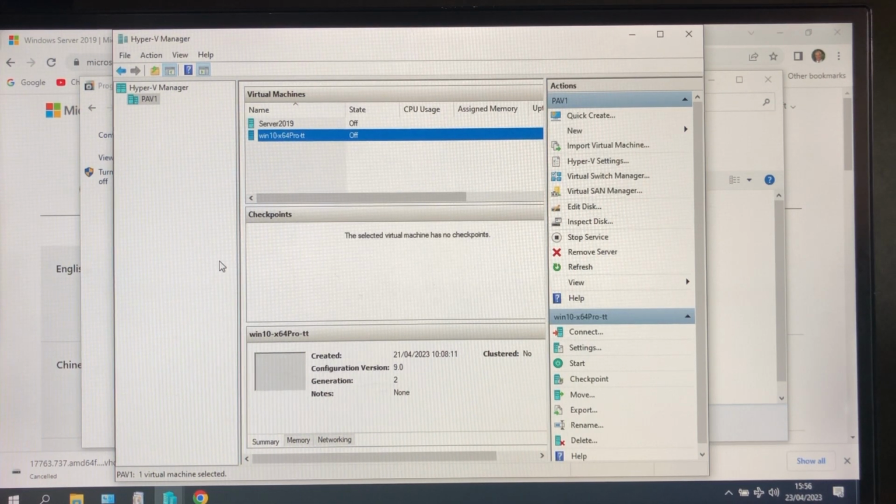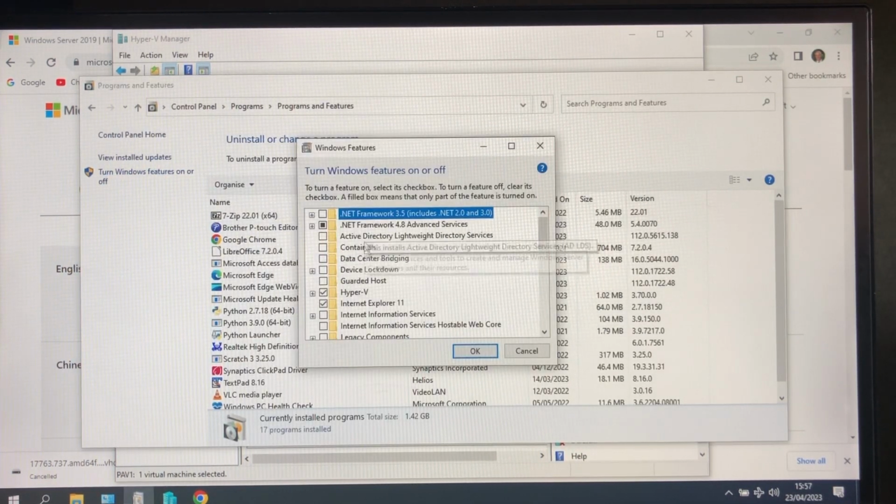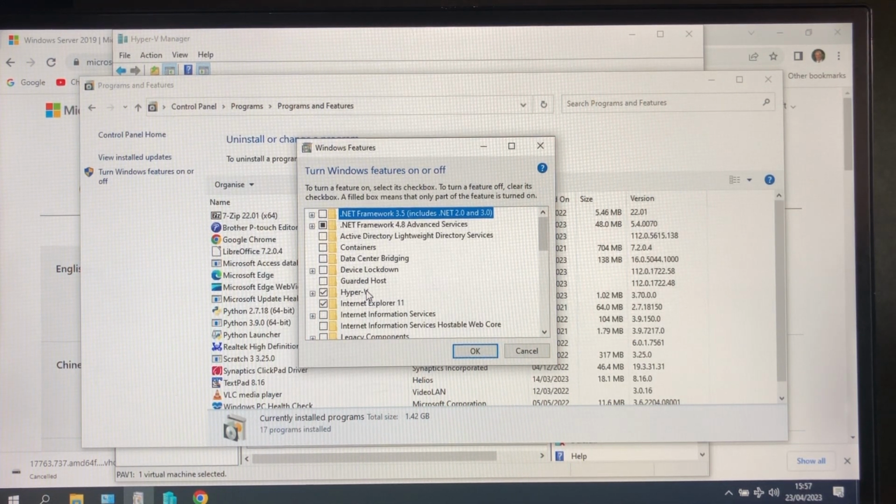So we'll install Hyper-V, and we do that using the control panel. Turn Windows features on and off. Obviously going to turn it on, and we're going to install Hyper-V. Now before you do that, you have to check the BIOS is actually supporting Hyper-V, and there may be an adjustment you have to make to the BIOS to do that. All reasonably modern machines would have that facility. So install Hyper-V, and then the next thing we need to do